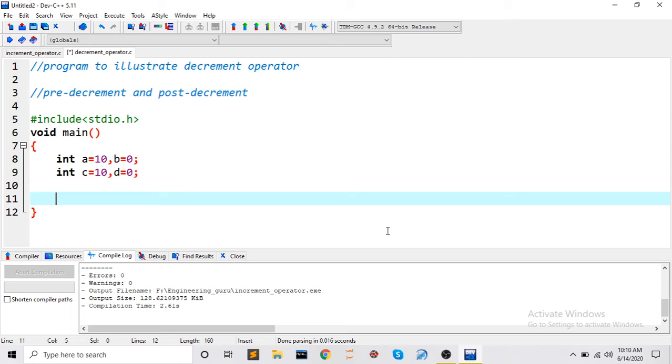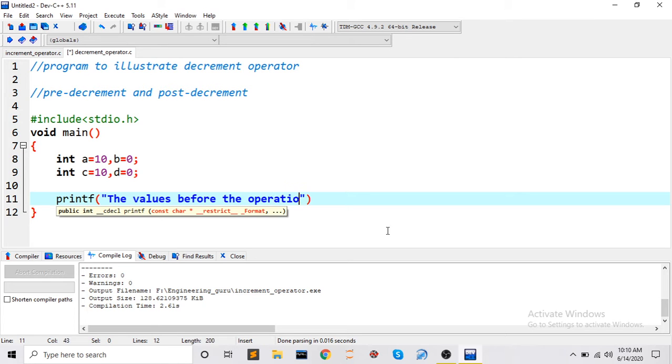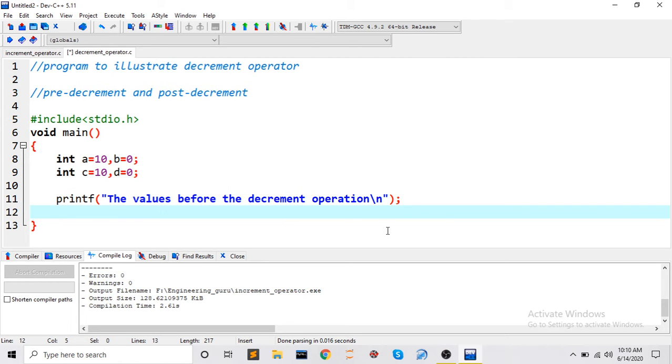Now we will just print these values. I will write one line like this: the values before the decrement operation. Here, if you write anything it will print, but just for clarity and easy interpretation, we are writing this line. Now we have to print these values, so we will use printf.